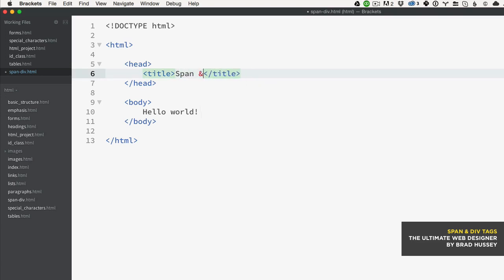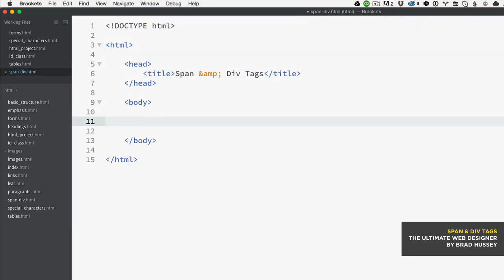Span and div tags. Okay, so span and div tags. Well, let me just tell you something here. As you know, HTML is reserved for the meaning of your web page. So hopefully it makes sense. I've been trying to drive that fact home for the past number of lectures. Meaning is simply what the web page's content means, the semantic value, the tags, the structure of how you write